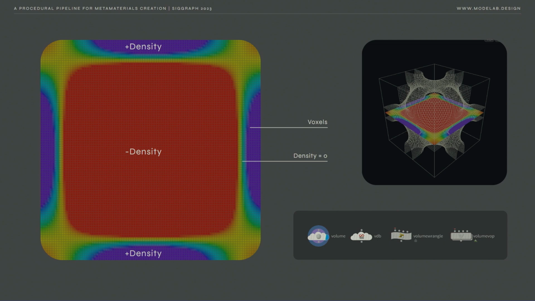So just a quick show of hands, how many of you are familiar with working with volumes and voxels in a modeling capacity? Okay, cool. So I'm not going to go too deep into this because I think we have experts in the room already,